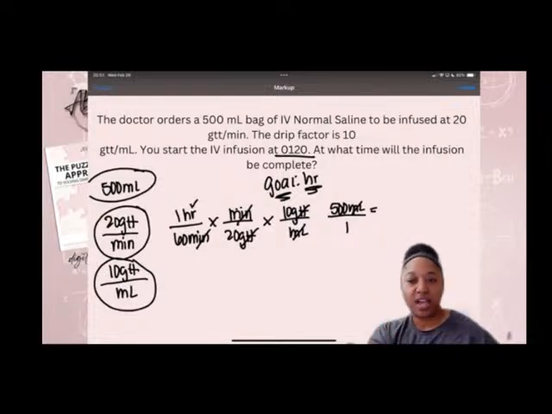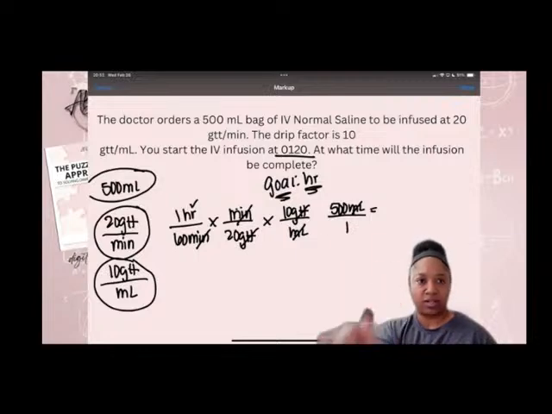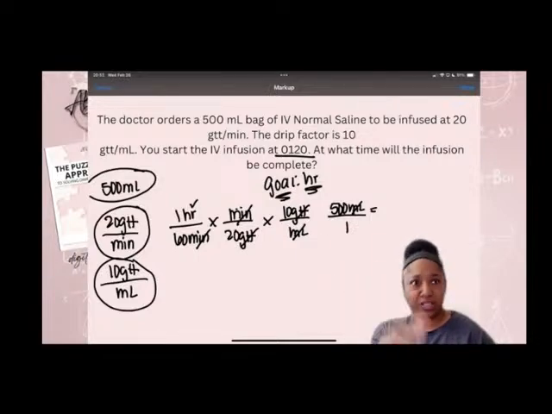So you see how when you start with what you're looking for, everything else that comes behind it, especially if it's just one unit of measure, it's not a milliliter per hour or whatever per whatever, it's just one thing, you know that everything else behind it has to cancel out. So we'll do 10 times 500 divided by 60 divided by 20 equals